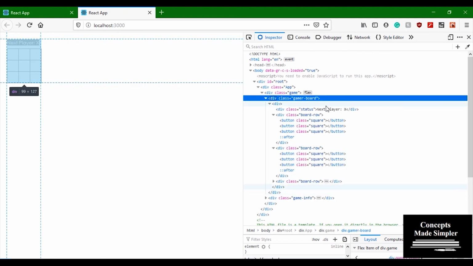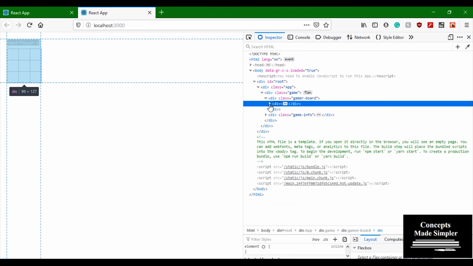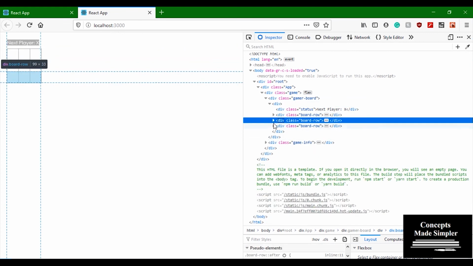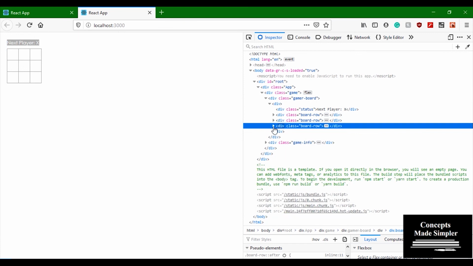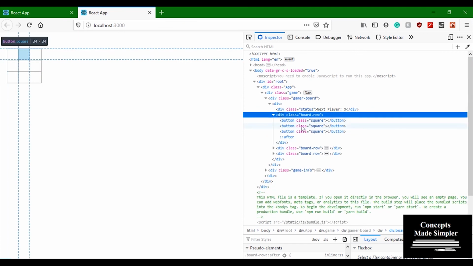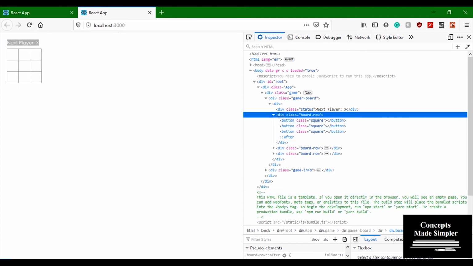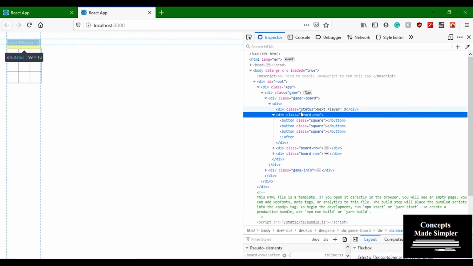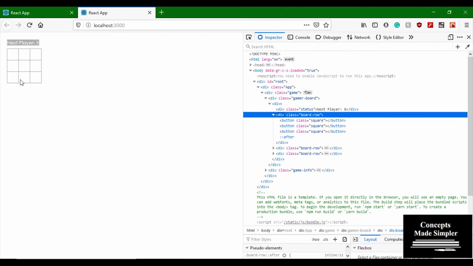Now inside game board we had our status and we had the 3 rows. Inside each of these rows we had a button square. So you can see how each component has been rendered from what we wrote and it's present here.